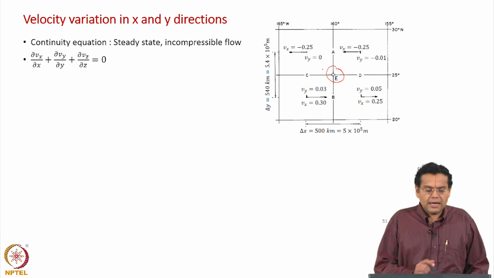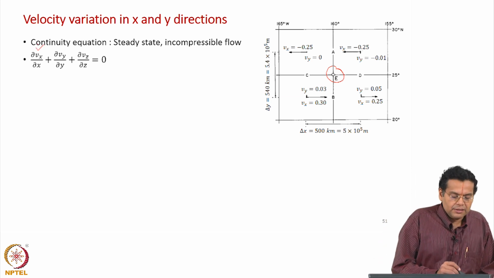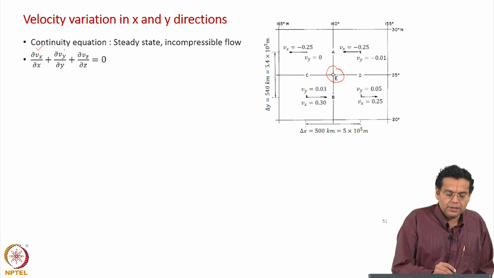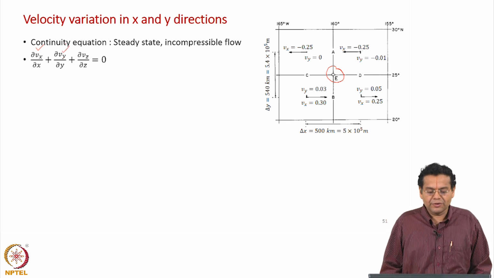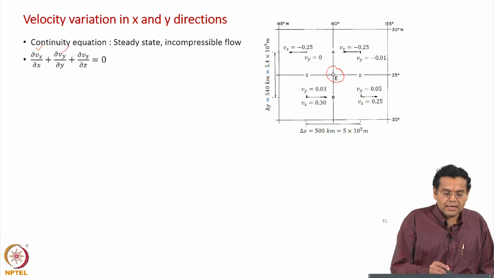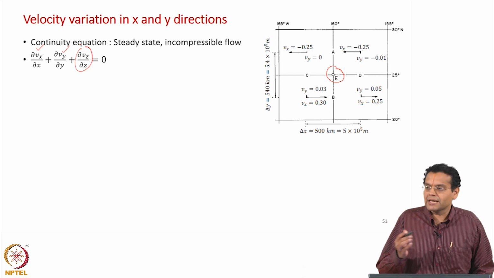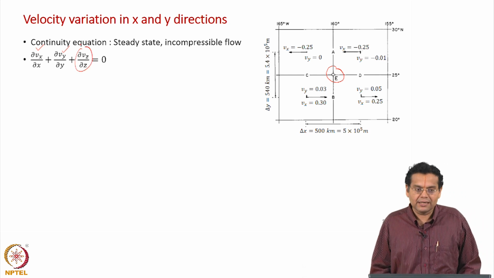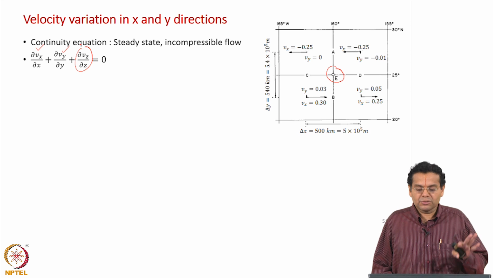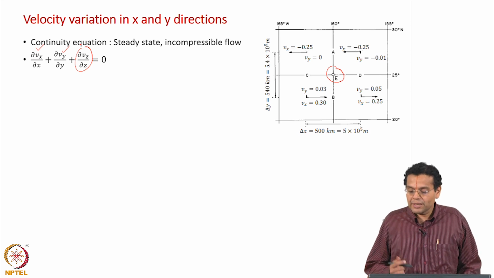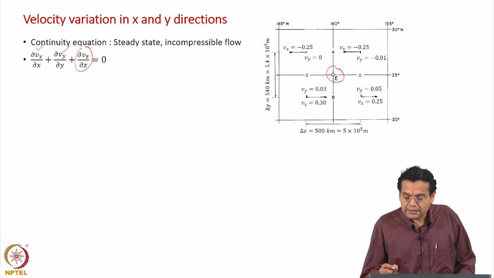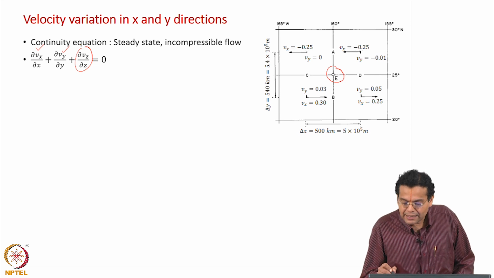What does that mean? I need values for the derivative ∂vx/∂x and the derivative ∂vy/∂y at E, then I will find out ∂vz/∂z, hence vz. That is the whole idea. I want to evaluate the first 2 derivatives at E. How do I evaluate? To evaluate ∂vx/∂x, I will evaluate at A, because I know vx here and I know vx here.